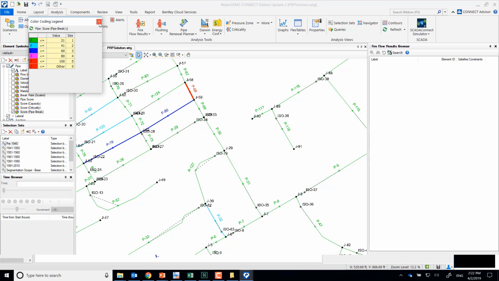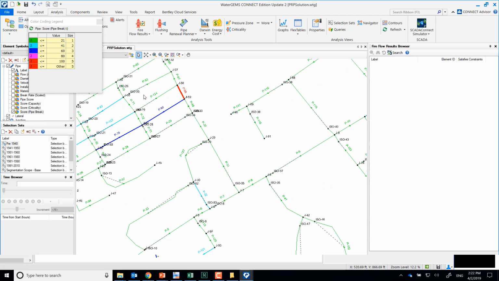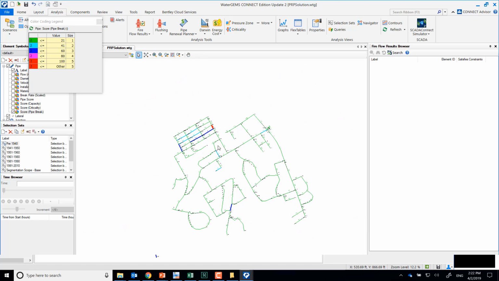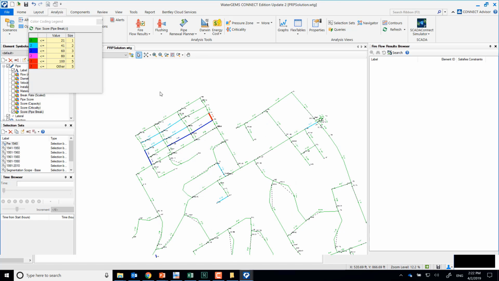And what we noticed here is the pipes with other than green colors, so the likely ones to break, were located in this area because this was the material that presented most breaks. Okay, therefore we expect the pipes here to have a high